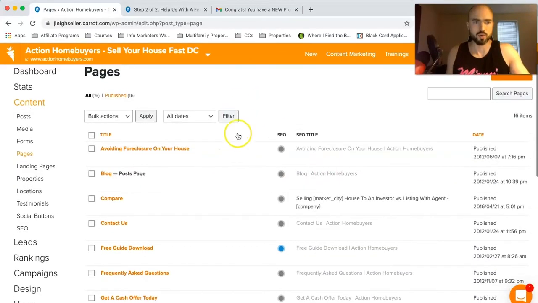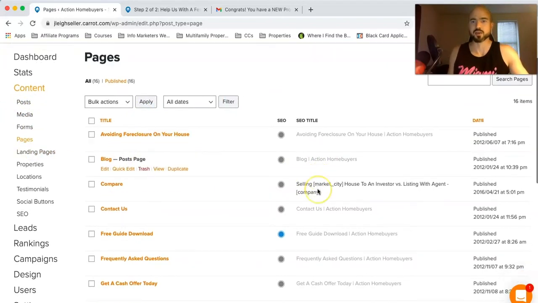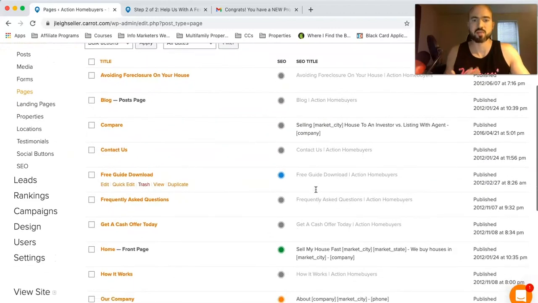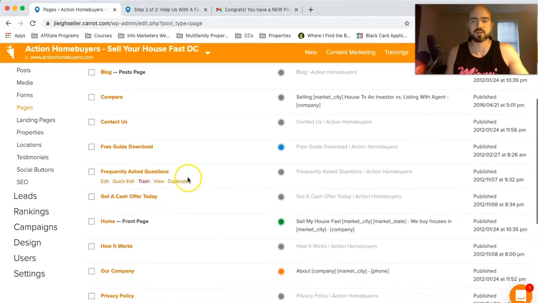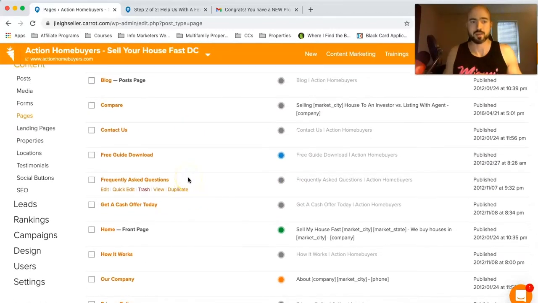Here's a little bit more on the back end, under content, my different pages, so I can edit those. I've kept a lot of this the same, I've just updated my contact information. But some people get really in depth with this, and you can really customize different things and get pretty crazy with it.